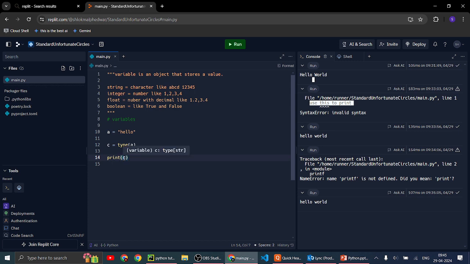So here we have C, and when we run, it will print the value of C, like class str.